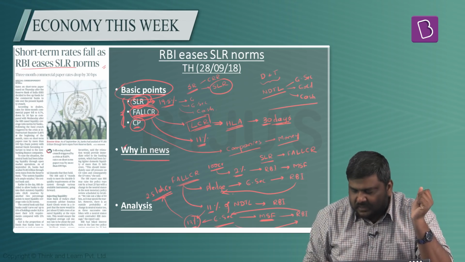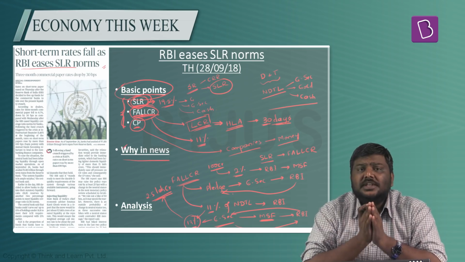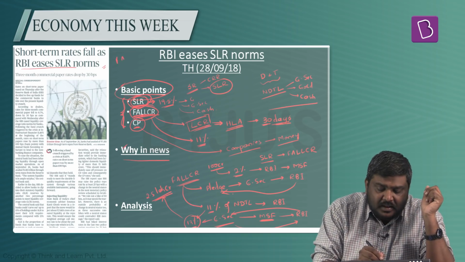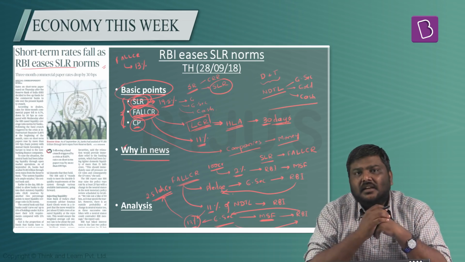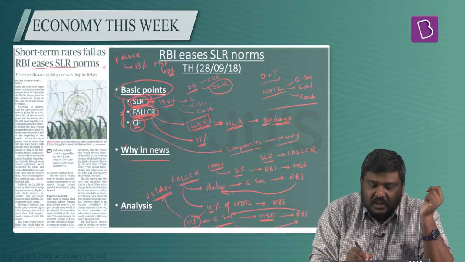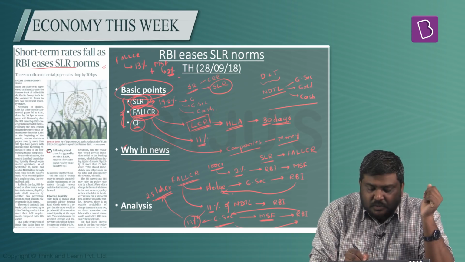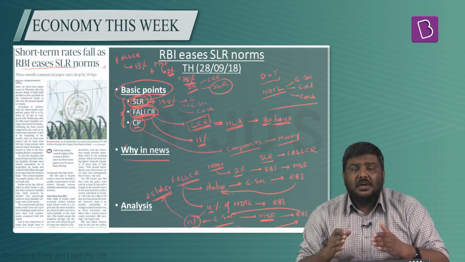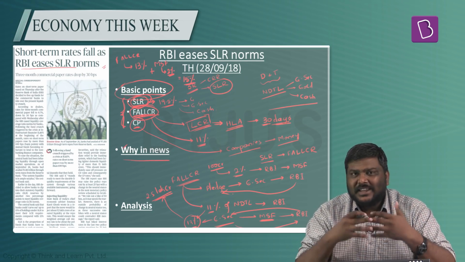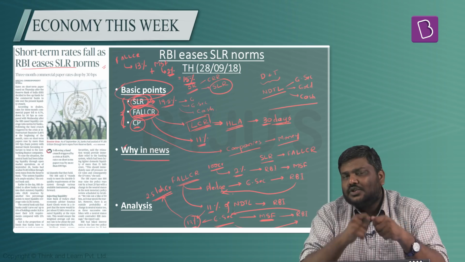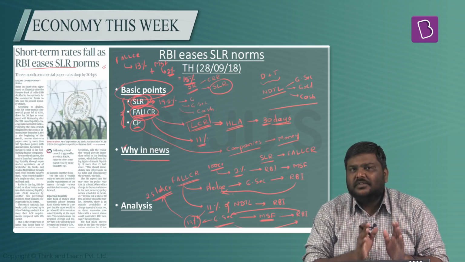This tool, using which banks can borrow for overnight or short-term purposes from RBI, is called the marginal standing facility. So in simple terms, how much of the G-securities held by a bank under SLR can be pledged with RBI? Under FALLCR, the banks can now pledge 13% of their NDTL, and under the marginal standing facility, they can pledge 2%. So the sum total will be how much? 15%. So banks will be allowed to pledge up to 15% of the SLR they are holding in the form of G-securities with RBI to get short-term liquidity. So this is a basic understanding of this particular article.